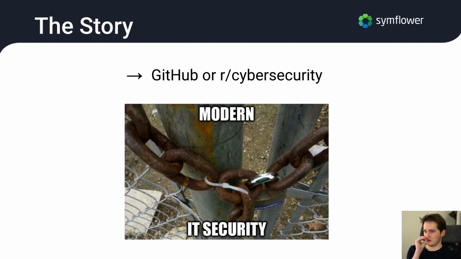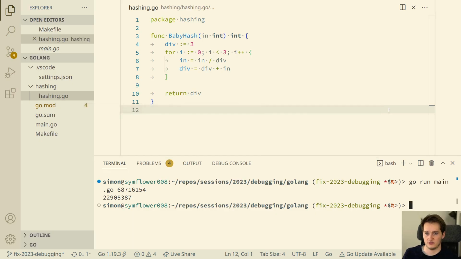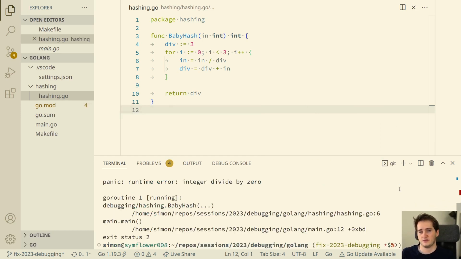So we have our first bug report, and they tell us that with an input of -17 this whole thing explodes. So we can try this out locally. If we then run this with -17, indeed Go tells us that a runtime error occurs with an integer division by 0, which might already give us an idea of what's wrong,